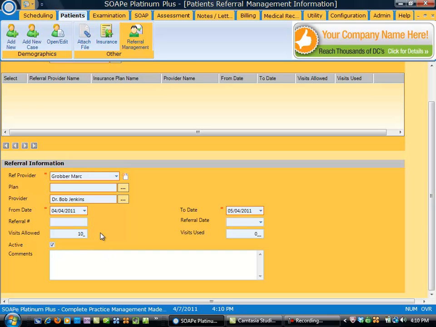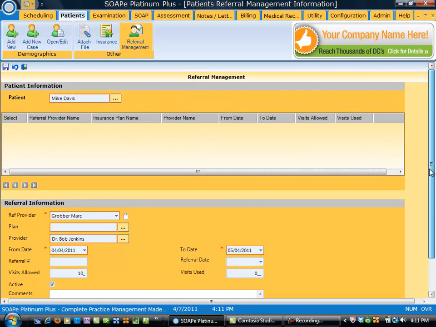And this is nice because if you have a patient that's been referred to you and they've only been approved for 10 visits, the system will actually calculate the visits used for you. So you can actually track these and it'll give you a reminder. All right, so that's Referral Management. And of course, you would just hit the Save button up here,